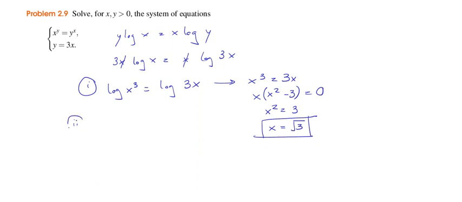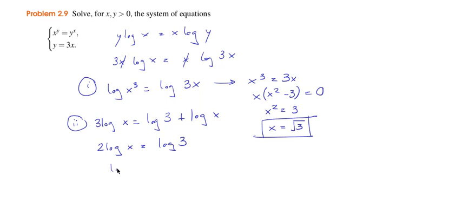Okay, the other way to deal with this is to use the properties of the logarithm. So we have 3 times the logarithm of x is the logarithm of 3 plus the logarithm of x. This is just using the properties of the logarithm. So this is 2 times the logarithm of x is the logarithm of 3, or in other words, the logarithm of x is 1/2 the logarithm of 3, or the logarithm of the square root of 3. And because we know that the logarithm is an injective function, then x has to be